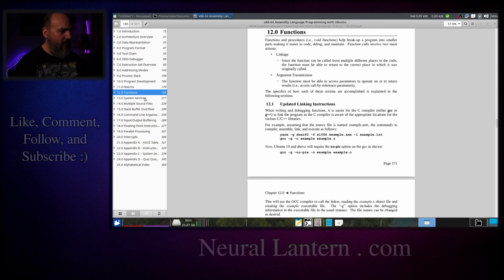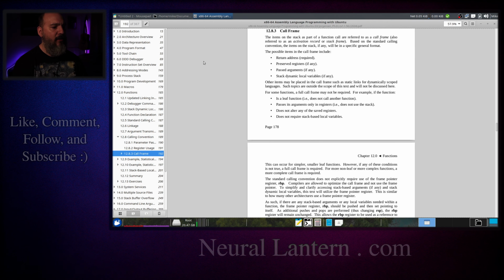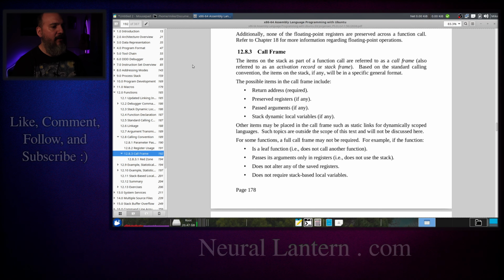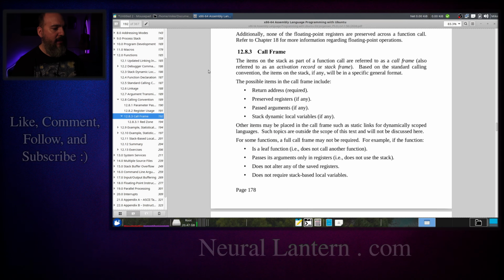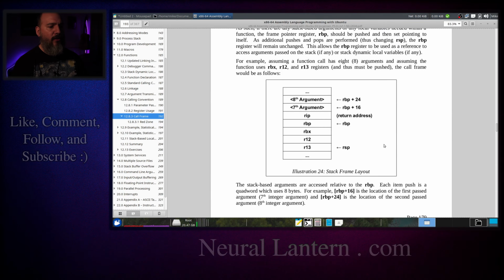So section 12, 12.8, 12.8.3, called the call frame. And here you can see a description of some of the stuff that I talked about in terms of what sort of data you would expect to see in the call frame. But if you look down a little bit, you can see that we are